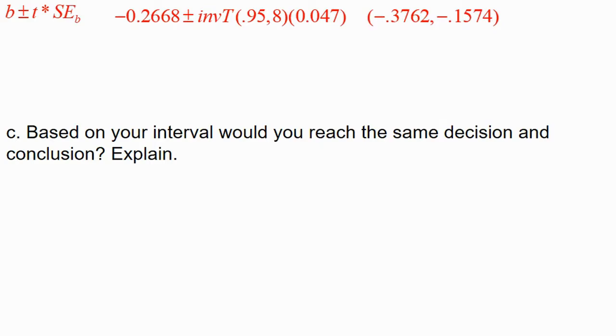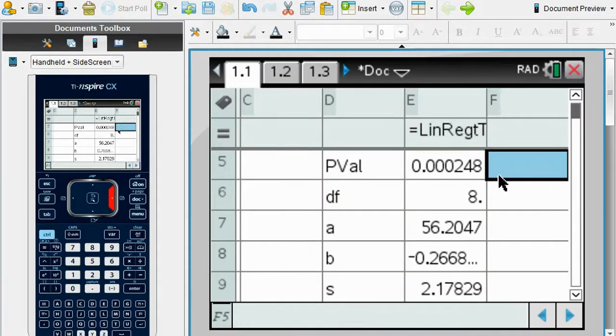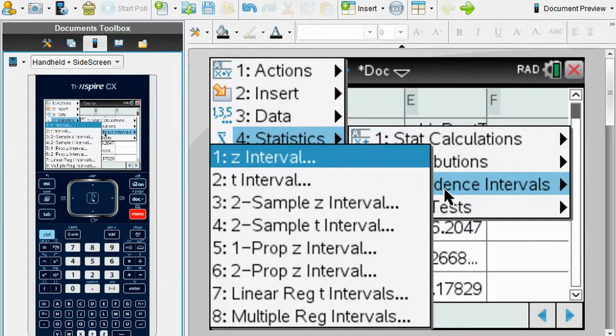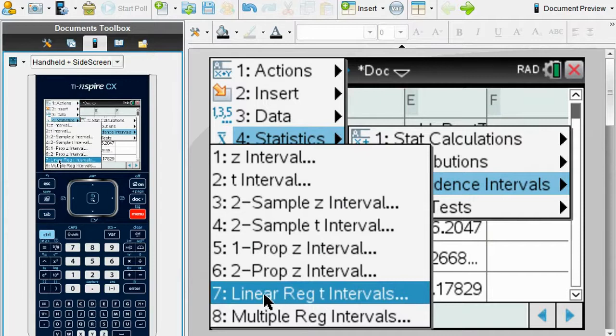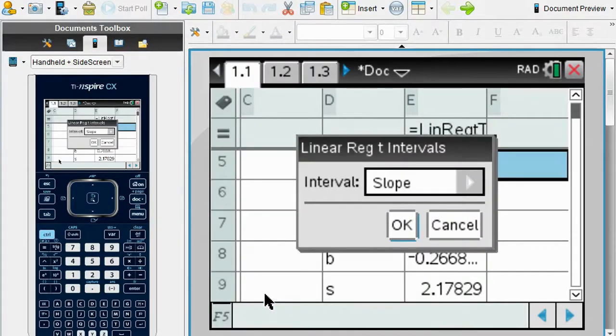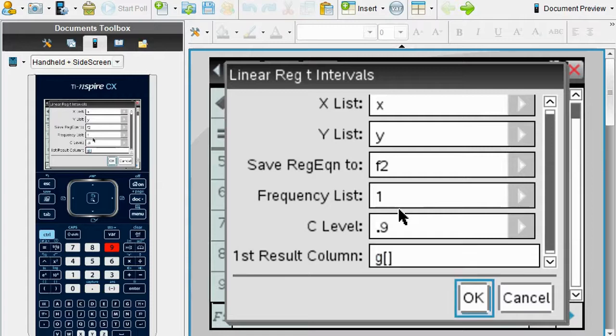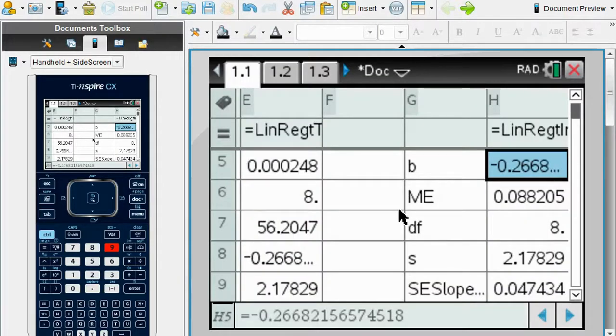So on your calculators, still on the spreadsheet, let me just scroll over. This time, let's go find what's called the linear regression t interval. Menu, statistics, this time do intervals. It's the one that says linear regression t interval. Interval for the slope. Yes, we're doing the interval for the slope. Remember, we call them X and Y. Store, you can just leave that blank. Frequency, leave it as 1. Confidence level, this is 0.9. And then you can save your results wherever you want them. So if you do that,